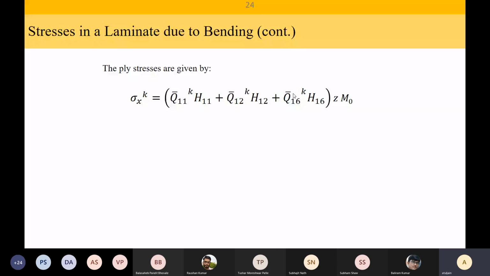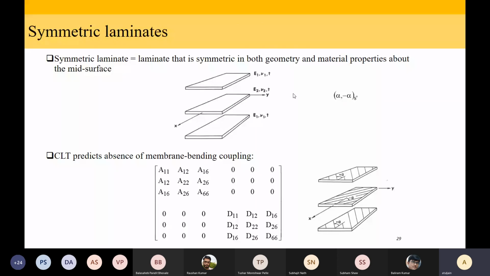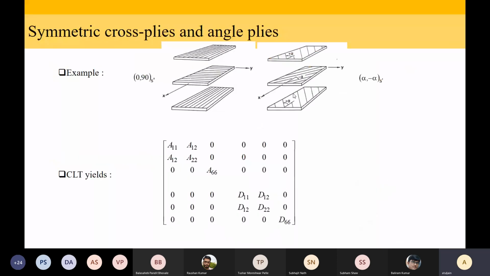Okay, this is rather interesting. If you have a situation like this, then we have seen that calculating the stresses in every plane is also straightforward. The second type of special laminate is known as symmetric cross ply. Symmetric cross ply means we are only using 0 and 90, and symmetric is symmetric, like we discussed in our previous slide. If you have a symmetric laminate which also is cross ply, then you will see that the B matrix is 0. Also A16, A26, D16, D26 will come out to be 0.